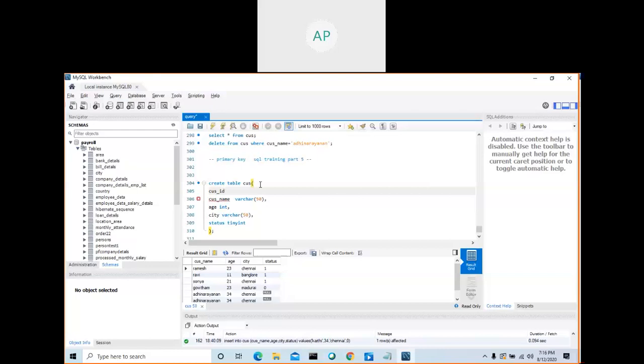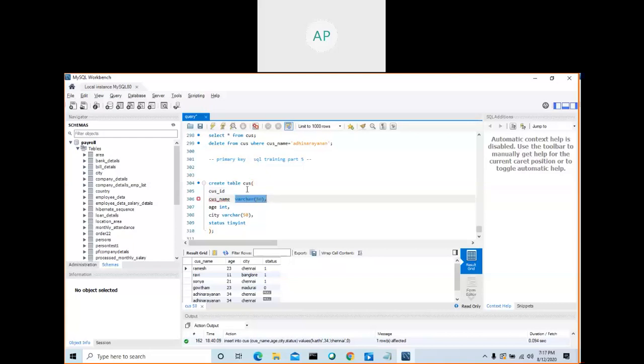Now I am going to create one column called cus ID, and what is the data type? In some companies they will create an employee ID as a combination of name and alphabet. Some companies will create an employee ID with only numbers. In our case, in our Neo Bank, we are going to create customer ID as a combination of both number and character. So shall we use data type integer or varchar?